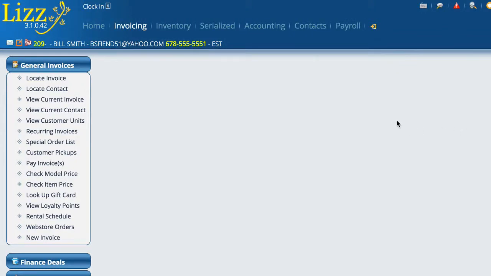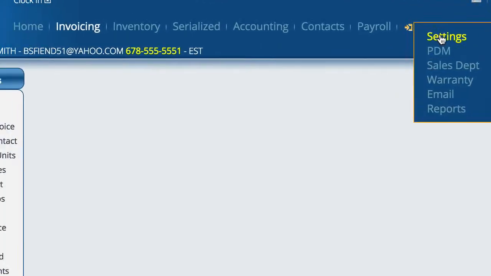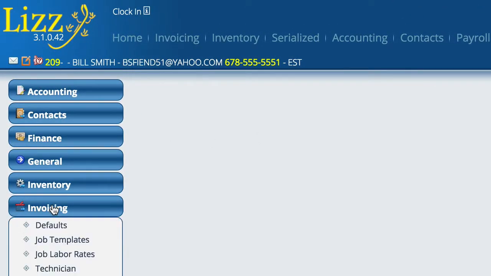You do have quite a bit of functionality with Lizzy in telling it how you want to actually handle the service department. And in the next couple videos, we're going to go through a few of the settings here. So right now we're going to go to settings and we're going to go to invoicing,